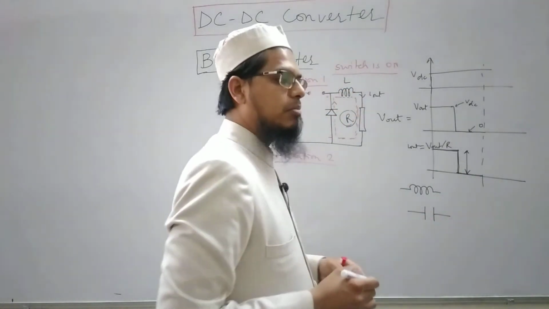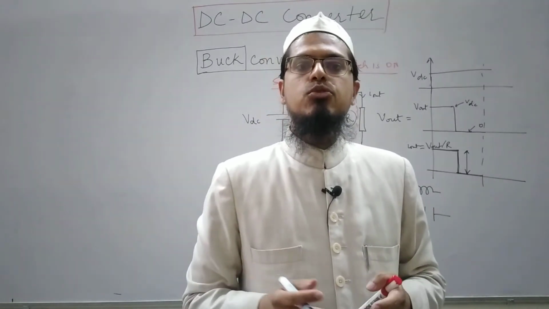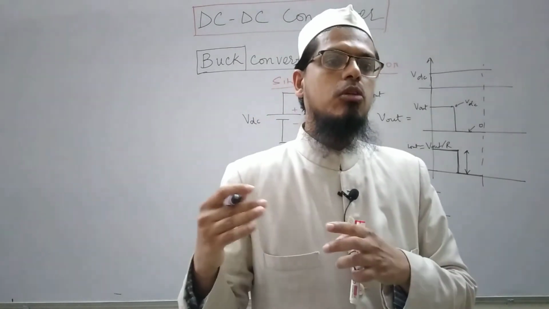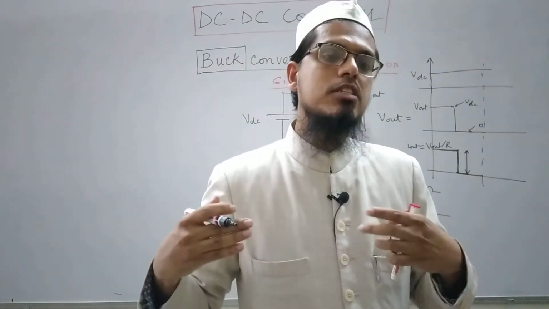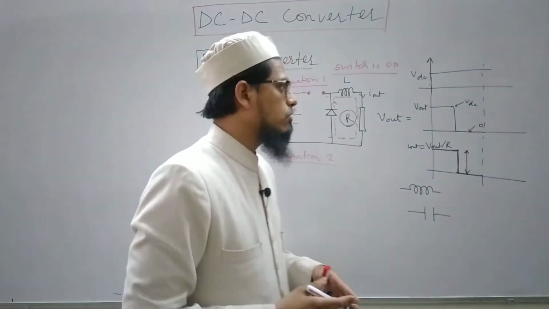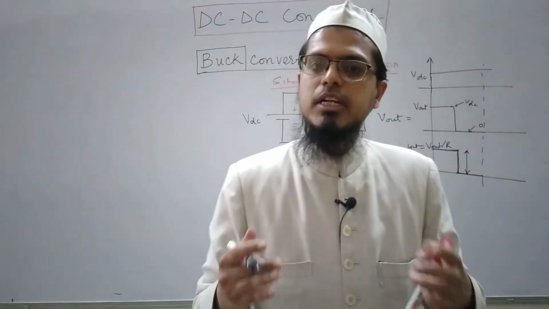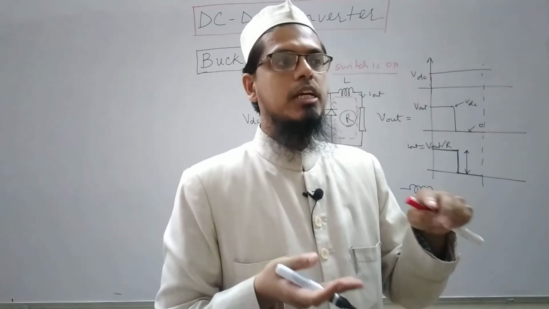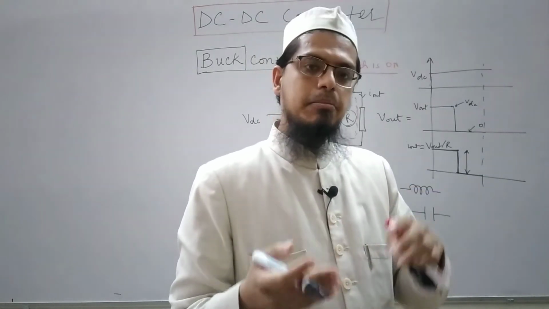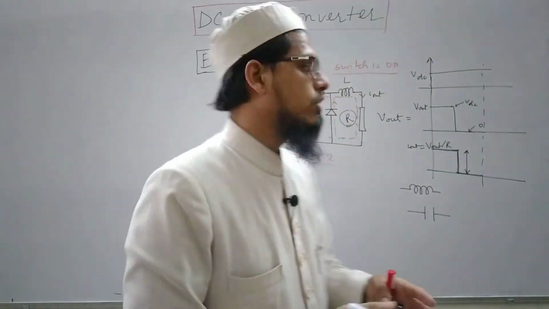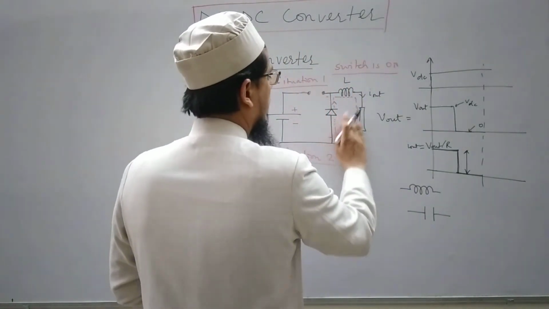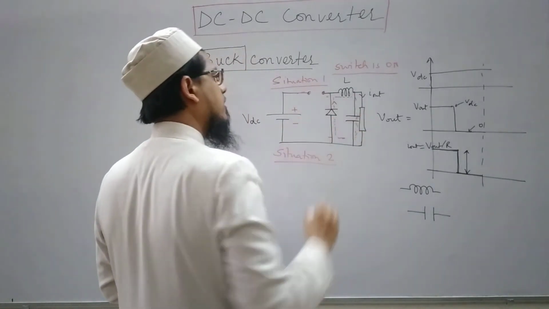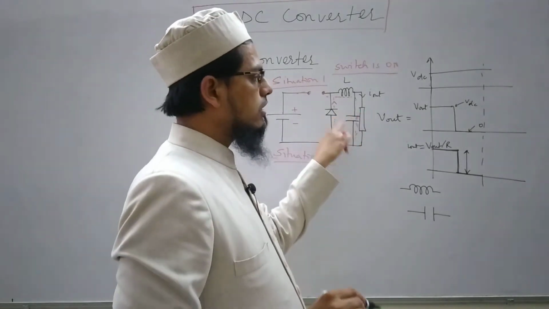The property of the capacitor is to ensure that the voltage appearing across it is almost constant, so it does not allow a sudden change of voltage across it. So how do we have to place that capacitor? Definitely we have to place the capacitor in parallel to the load, so that the load voltage ripple is taken care of. So we will be using the capacitor now here, in parallel with the load.